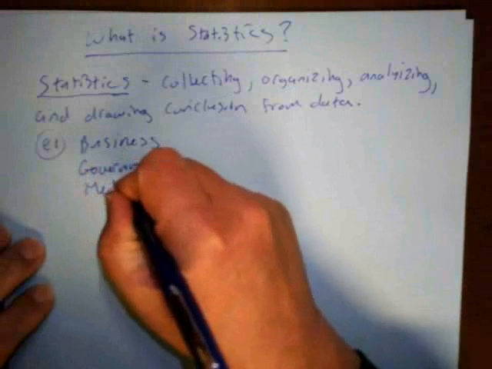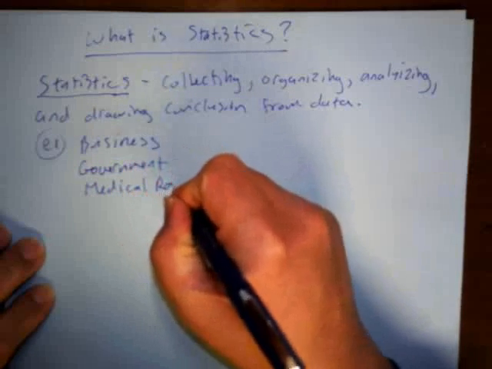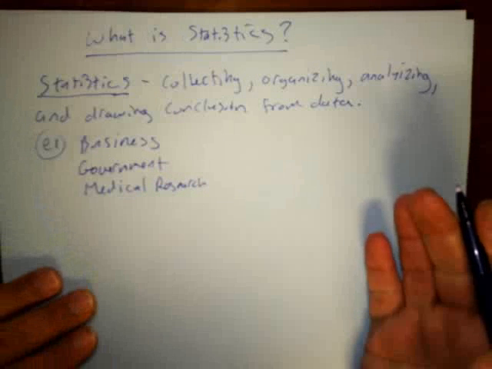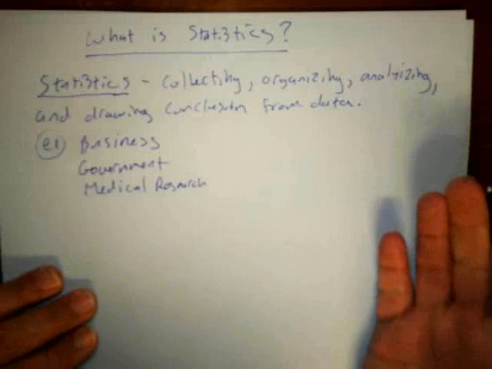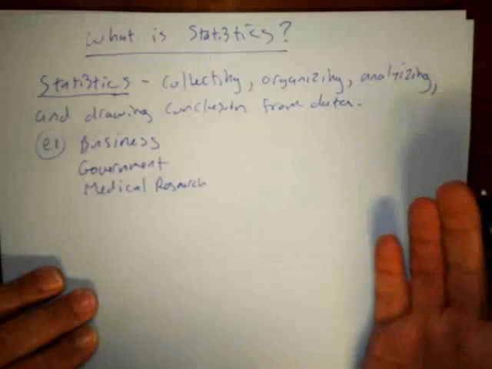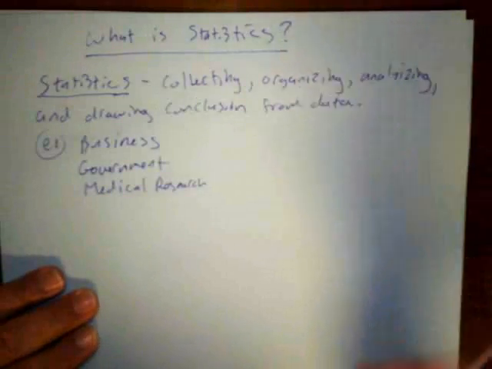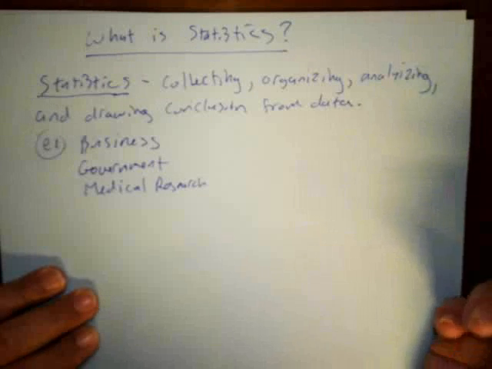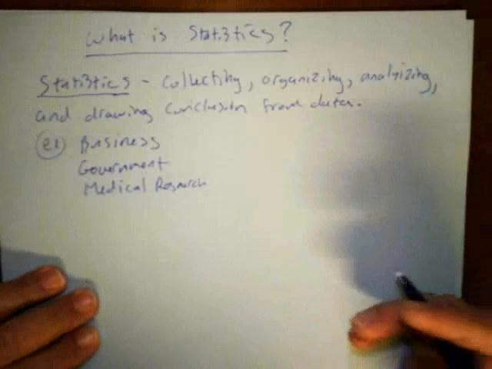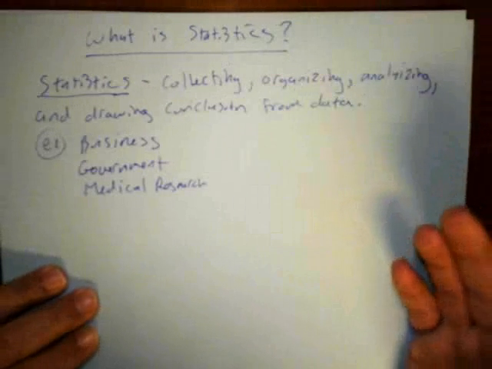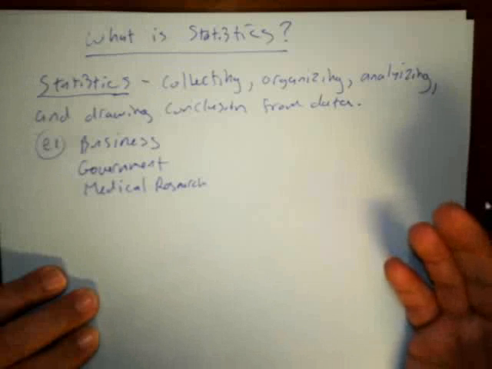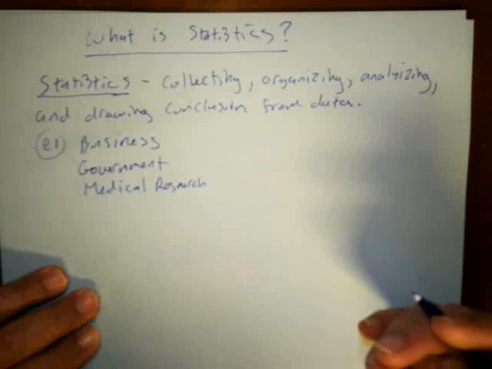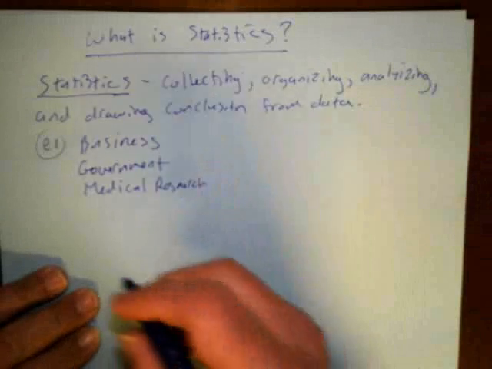Medicine or medical research: these are decisions that affect our health. They could be life and death decisions, and they want to make the best decisions possible. So when doctors are doing studies, knowing if certain treatments are effective, or the Food and Drug Administration knowing if drugs have side effects, all of this involves statistics.